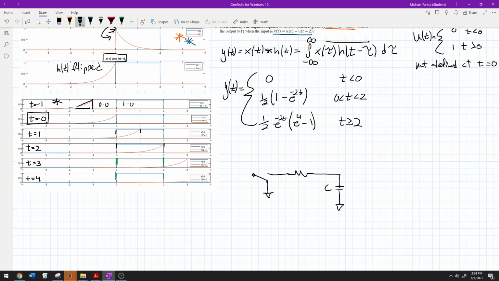Here's our switch coming in, and that comes down, and then here's our power supply. And if at t equals 0,